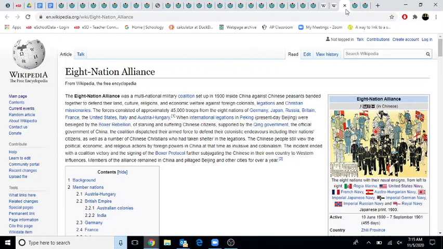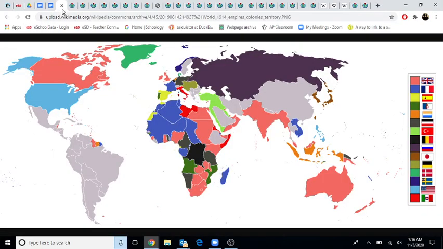The last example is crushing the Boxer Rebellion in 1900 with the Eight-Nation Alliance. The problem becomes that once they're out of little people to go harass, by 1914 the only parts of Africa that haven't been colonized are Liberia, which is founded by freed American slaves, so the U.S. kind of wants that independent, and Ethiopia, which Italy tried to conquer and failed. And the other areas are left as buffer zones, like Thailand or Afghanistan or Iran, or China.